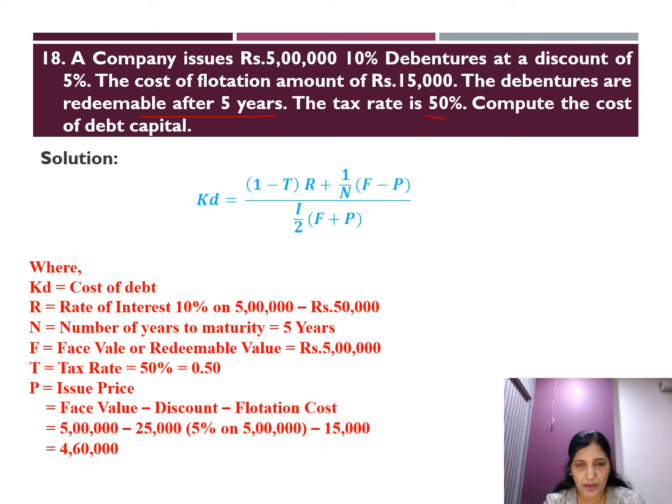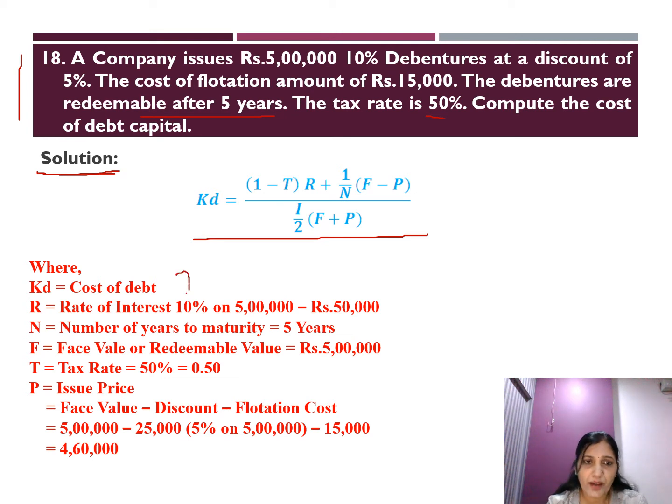into F plus P. Whenever you are solving a problem, remember, even in your annual exams or any type of test, or when you practice from your notebooks, write the solution very clearly. If the problem is not written, then write question number 18 solution. Write down the formula first so that you will be very clear which values you have to take out, that is, which values you have to calculate. Now here I can see this formula directly, so I know what items I require. KD is the cost of debt, this you have to find out.